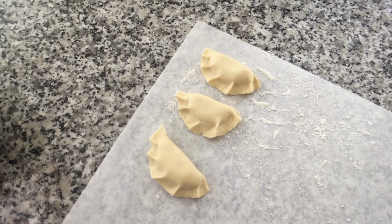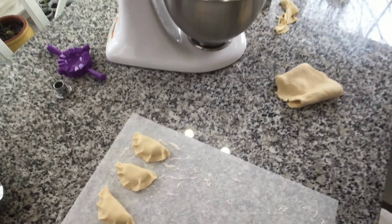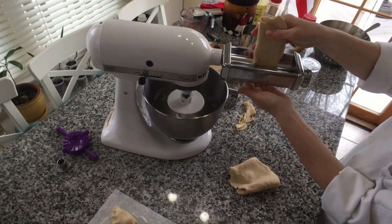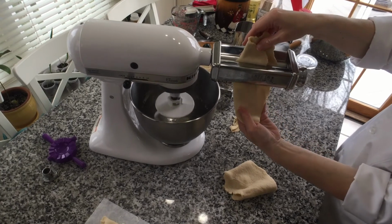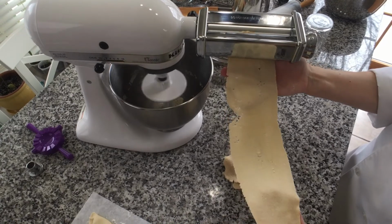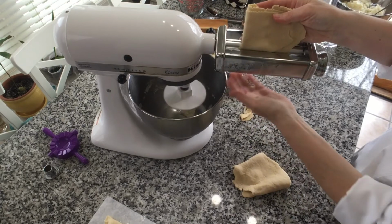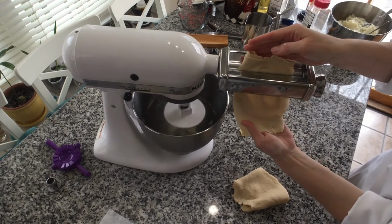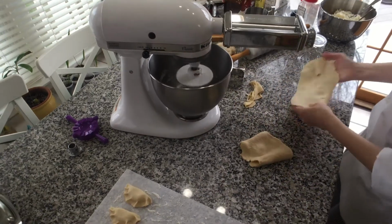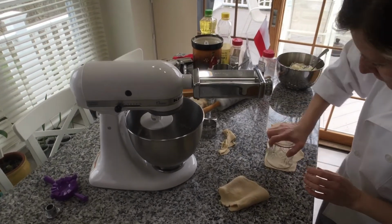Now I'm grabbing another piece of dough, and let me roll again. What's cool about the pasta attachment is you can fold your dough and the attachment can knead your dough for you. You see, we have holes now and we can just fold it, but from my experience, overworking it is not good either. So you have to find your perfect balance. We got holes here too, so we're just going to use the first part of it. I think we'll make 2 pieces here,